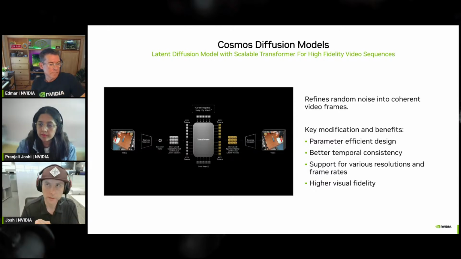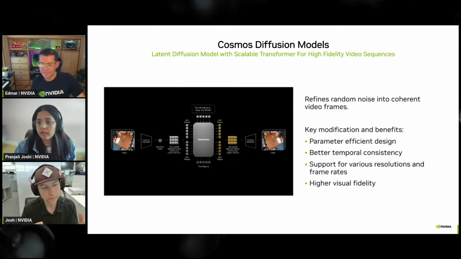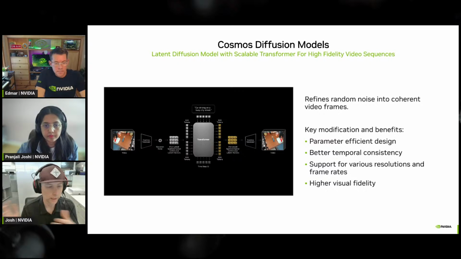So the second use case that we identified is leveraging Cosmos as a physical simulator, where it can also be fine-tuned to your product, which is a robot or autonomous vehicle or such. And then not only can it intake images or video clips or text, but also action and control signals could be passed to Cosmos as a physical simulator, and then it could try to predict future results based upon those.